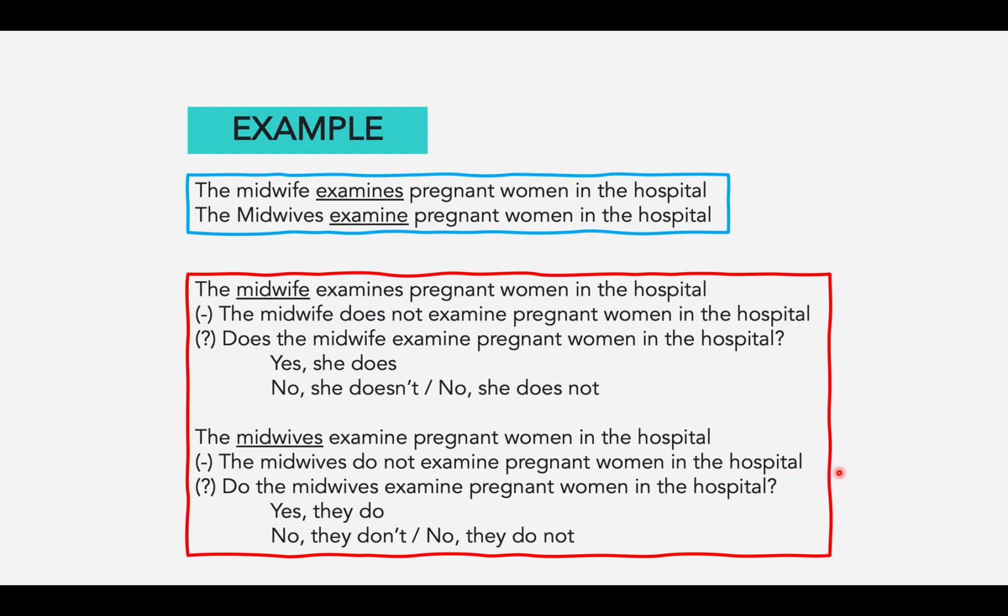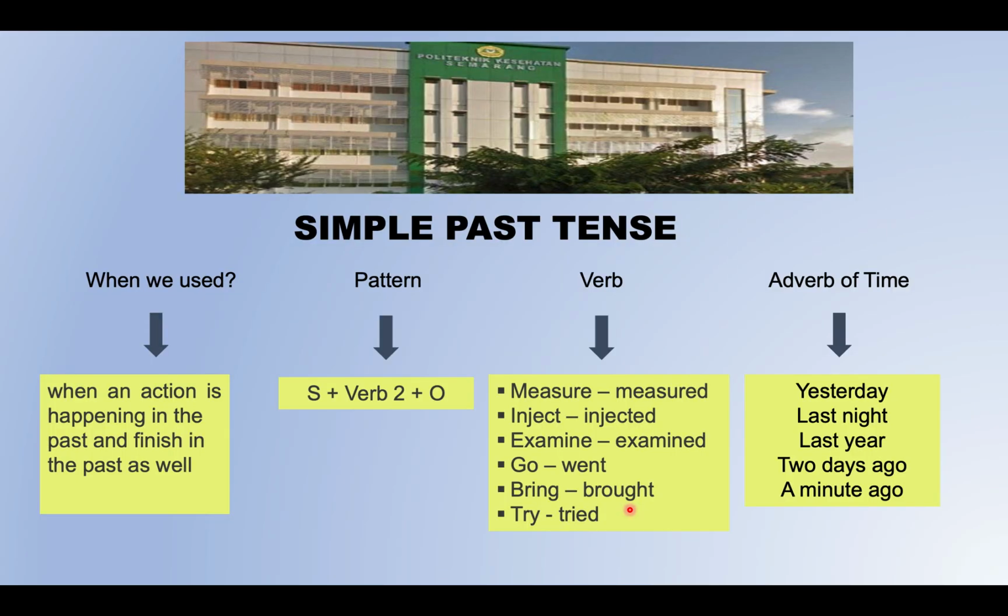And the interrogative sentence: do the midwives examine pregnant woman in the hospital? And the answer, this is another yes no question. So just say yes they do, or no they don't, or no they do not. Look at here. You just need to move do in front of the subject and eliminate not for the interrogative sentence. Hope you can understand my explanation, and we move to other